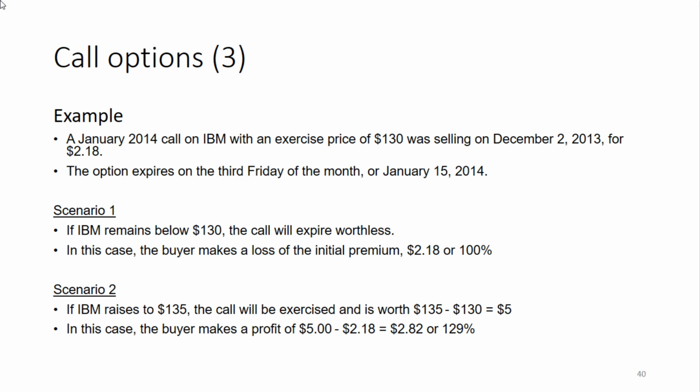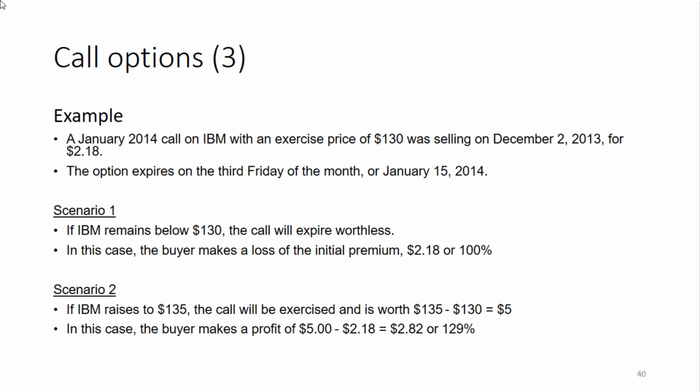In the second scenario, at maturity moment, the IBM share rises to $135, which means that now the option actually is attractive. I would like to exercise it, because if I exercise it, I can buy the IBM stock for 130, whereas in the market it would cost 135. So I could say, well, let's buy it for 130 under the option conditions, and let's sell them in the market. I would make a benefit of $5.